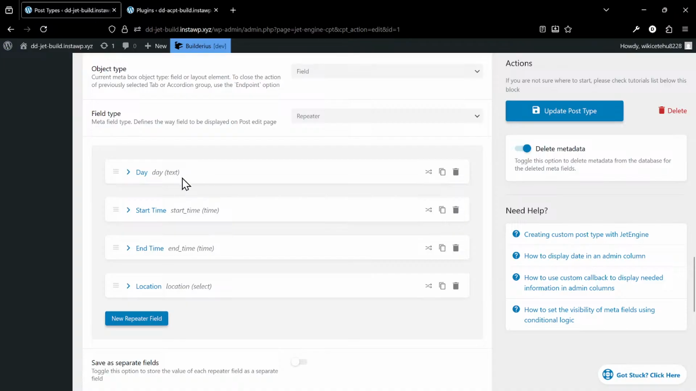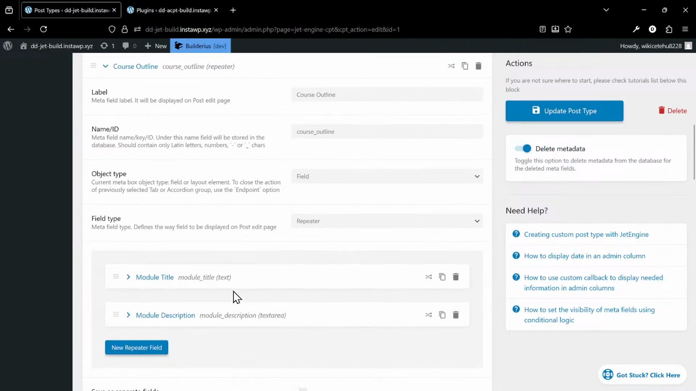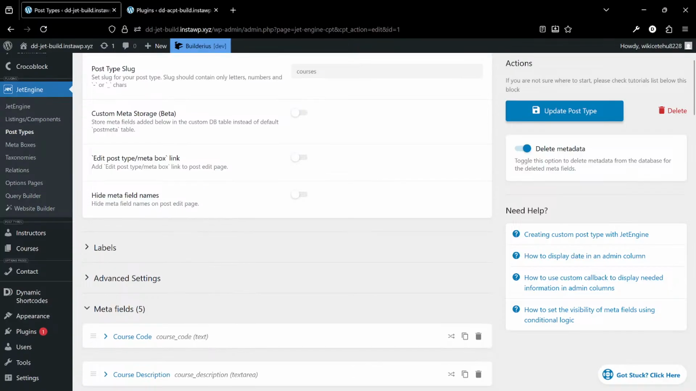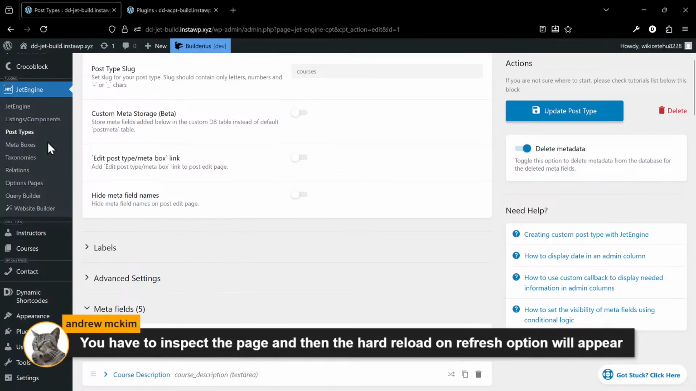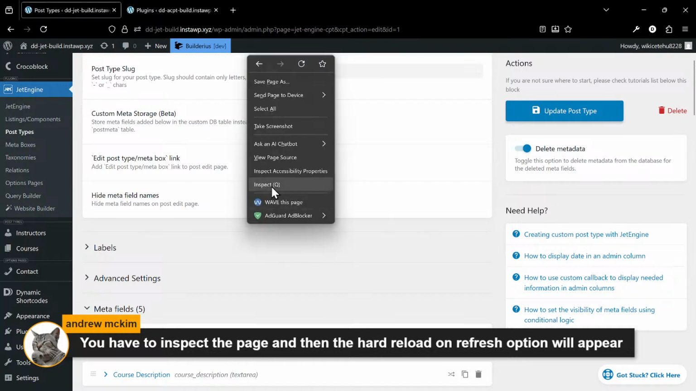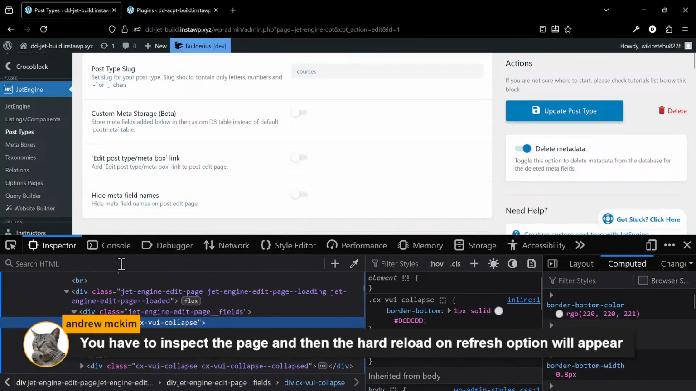So it contains text, a time field, another time field, and a select field. So just trying to show different fields. And let's try to see, because I've tried multiple methods, it's something interesting. So if I go there, then I think, where's the